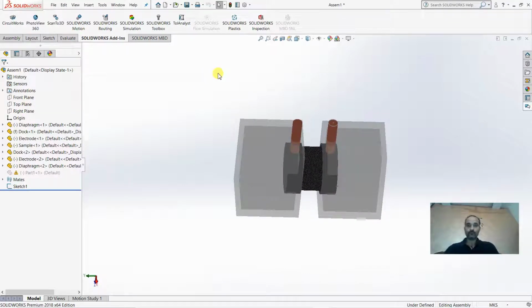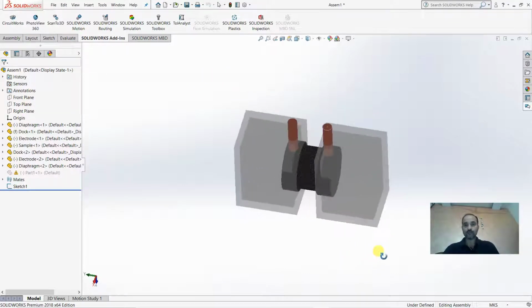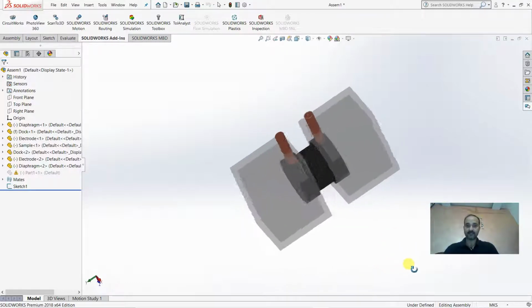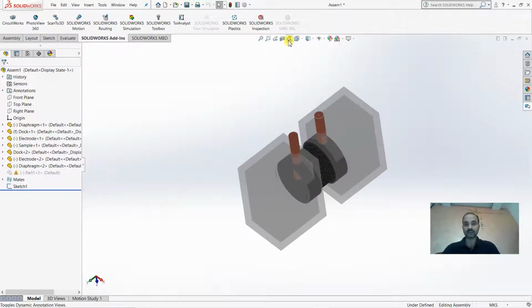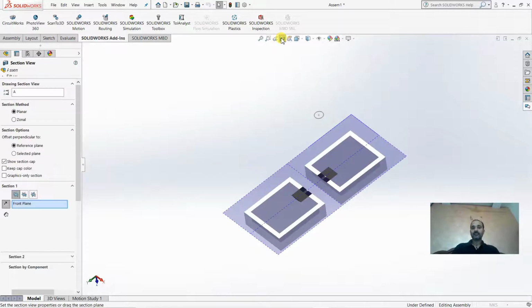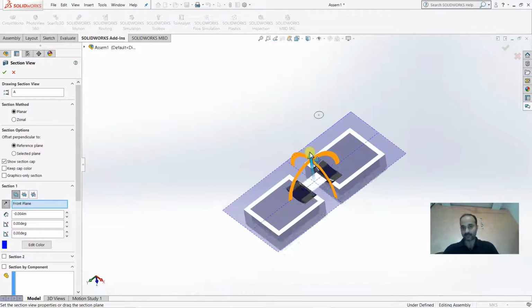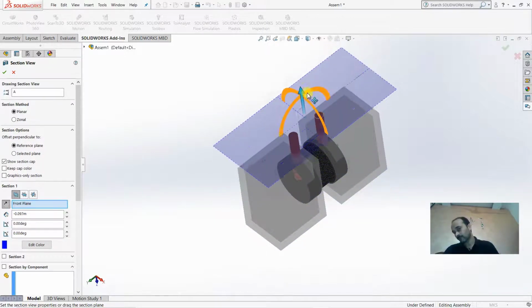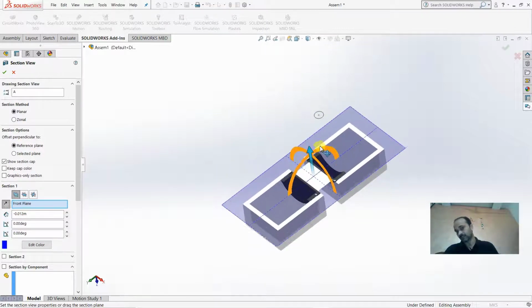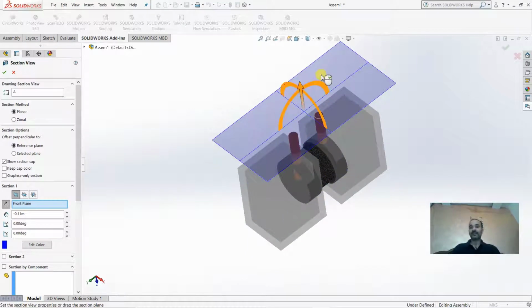But suppose we have to cut it from any section, then you can use this cross section. That is basically a cross section in which you can cut your object from different planes. Suppose you have made a machine of multiple parts and covered it with some steel component or sheet metal component, then you cannot view inside that part.